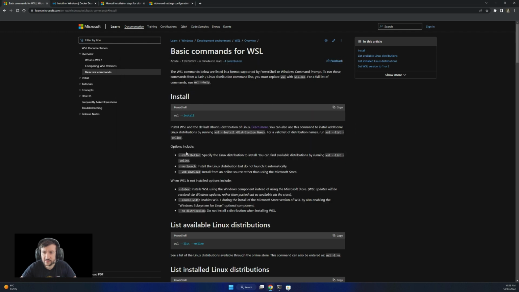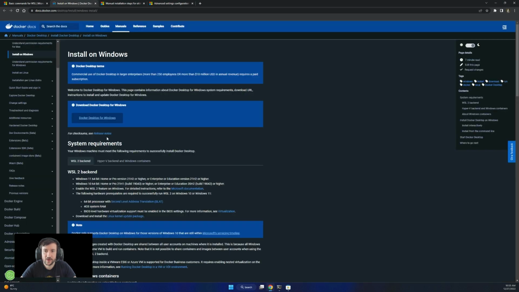Getting back, next will be Docker. I have this link posted in the description as well. From here you can download Docker. I have it installed. In here, if you're using the WSL2 backend, you need to install the Linux kernel update package as well.